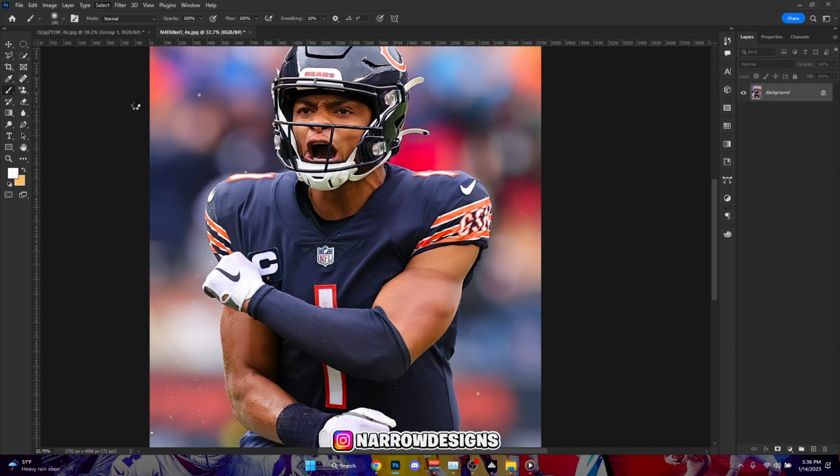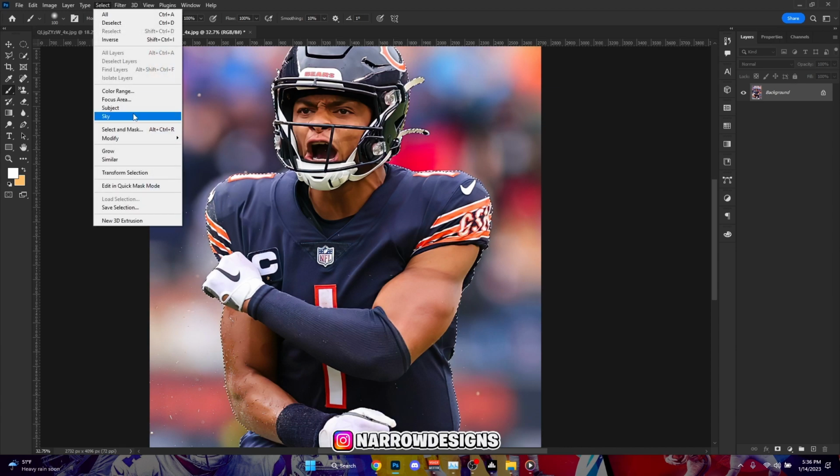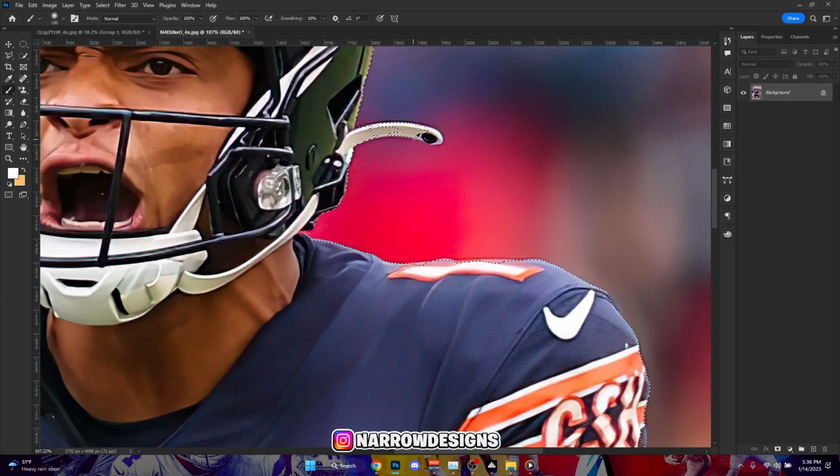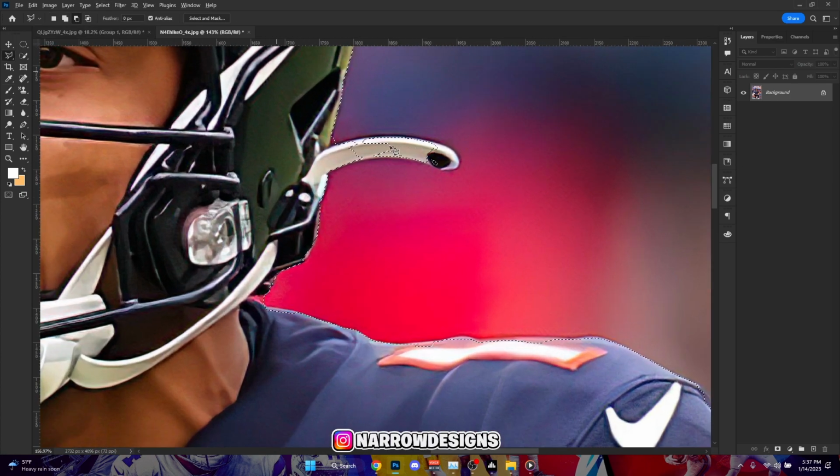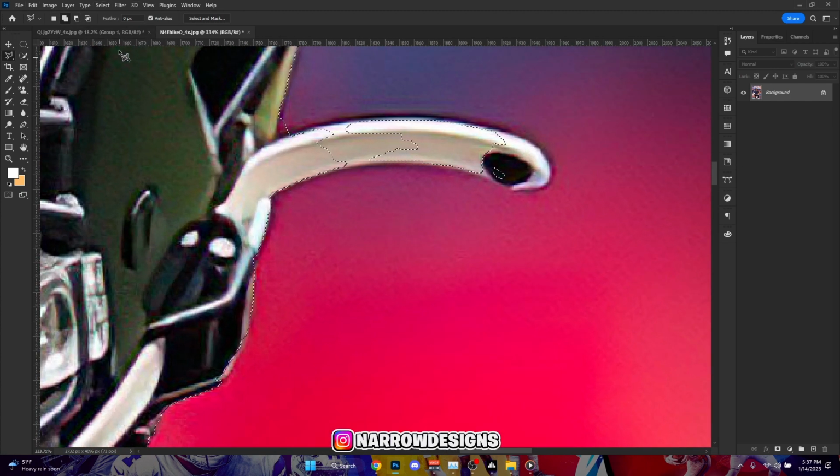Let's do select subject. What you're gonna pretty much do is go to select subject. Once you do that, sometimes select subject won't be accurate, so you're gonna have to clean up with your polygonal lasso tool. If you guys don't know how to do that, there should be this logo right here, and you're gonna right click on polygonal lasso tool, and then you're gonna click these two squares here to add